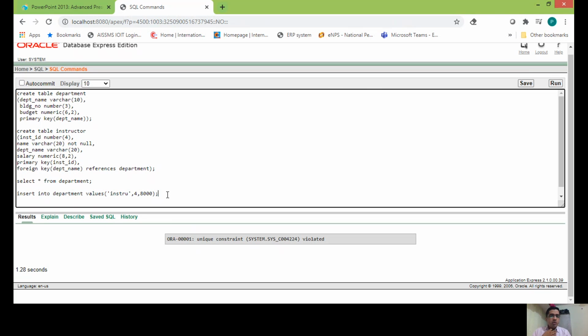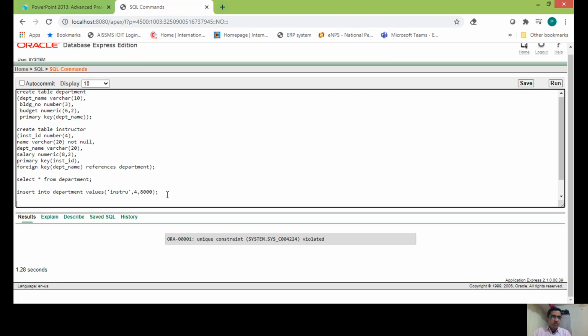So now let us move ahead and see the insert statement which we will fire on insert into instructor. Now I'll tell you how the integrity constraint, that is the foreign key constraint, is violated. In my previous video I told you that the department name in instructor should have a value out of the department names of the department table, as this department name has been given a reference to the department name. So right, let us see.